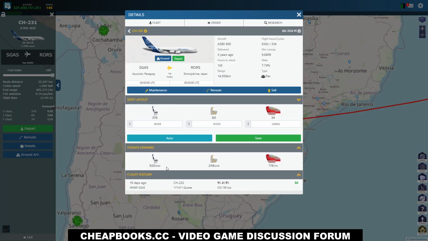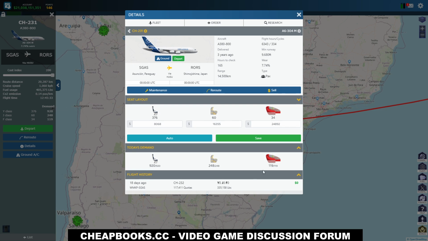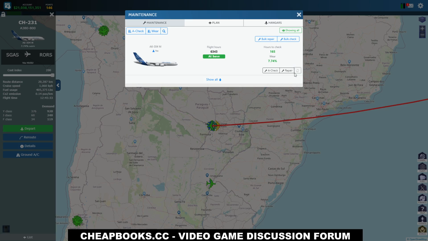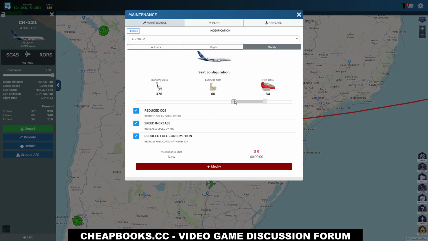And I need to check the seat layout based on the demand. So basically, you take this number, the 119, and you cut it in half. And then you take the 248 and cut it in half, and the 920 and cut it in half. So I'm going to go to maintenance, and I'm going to go to modify, and I'm going to bring this